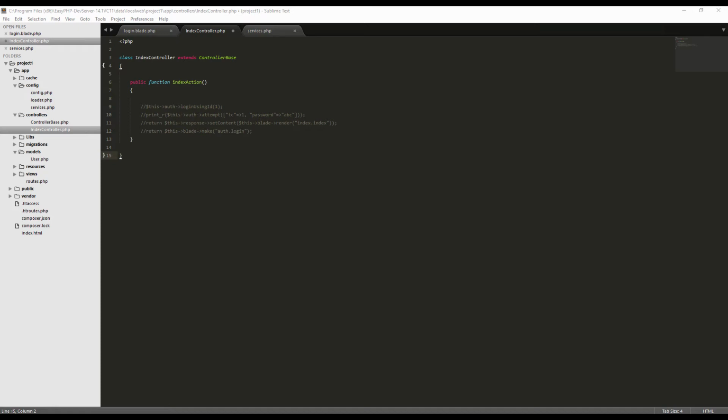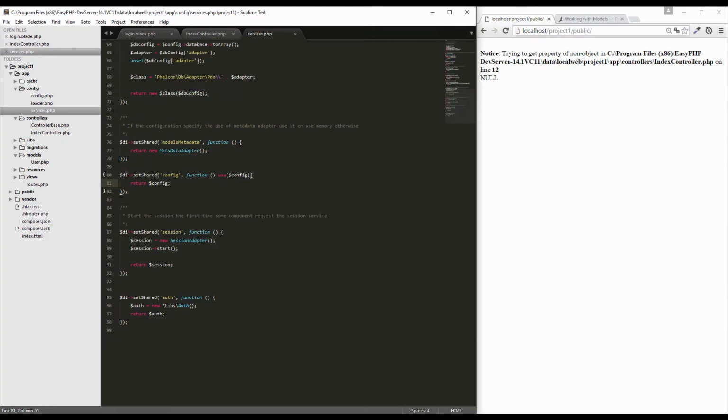Hello everyone. In this tutorial, we're going to be finishing up our login page. Since we created our auth class, our job is very simplified. Let's get to it. The first thing we're going to do is define flash